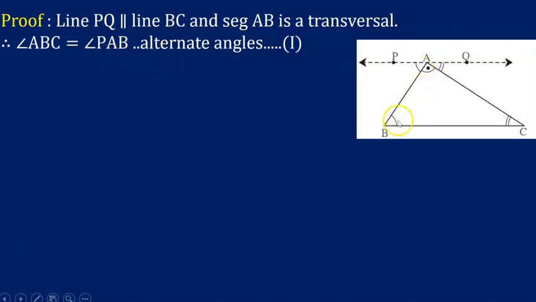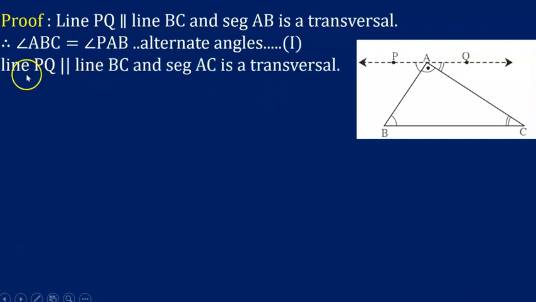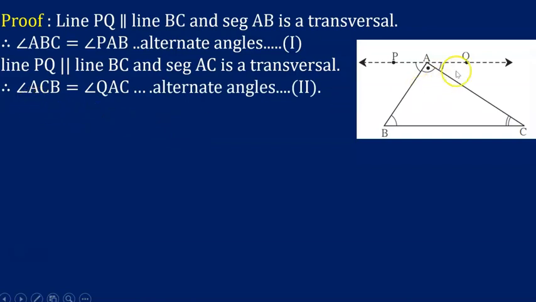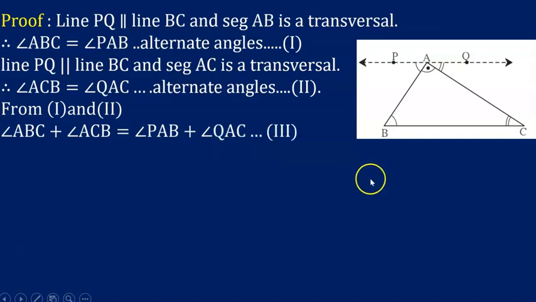These are the alternate angles. This is the first. Next, line PQ is parallel to line BC. Segment AC is the transversal. Again, we have angle ACB is equal to angle QAC. These are again alternate angles, and therefore from 1 and 2,